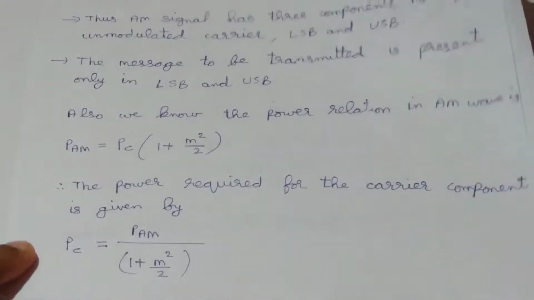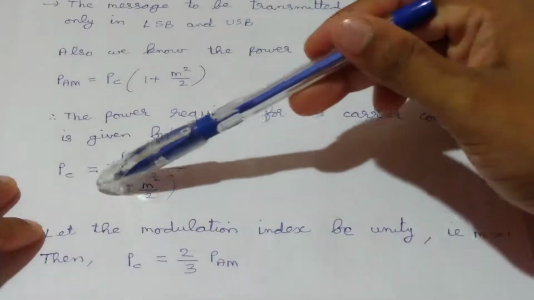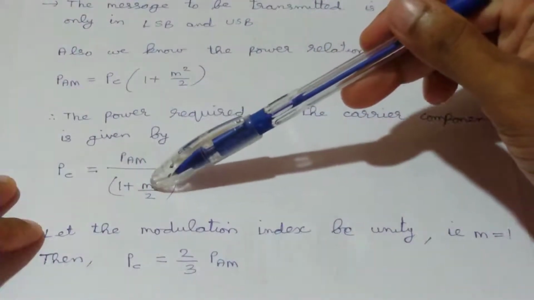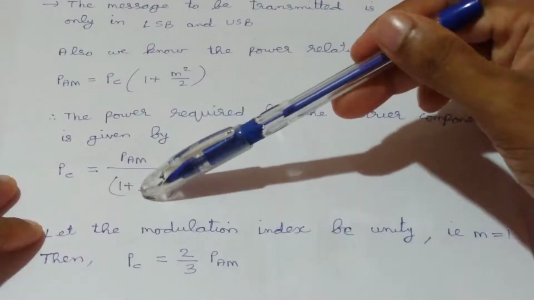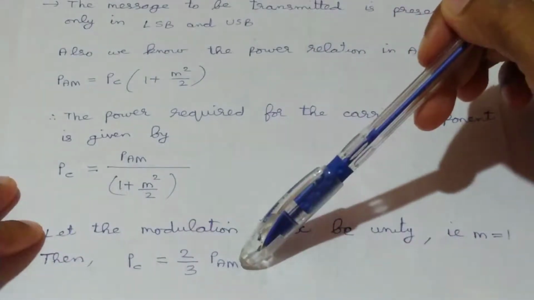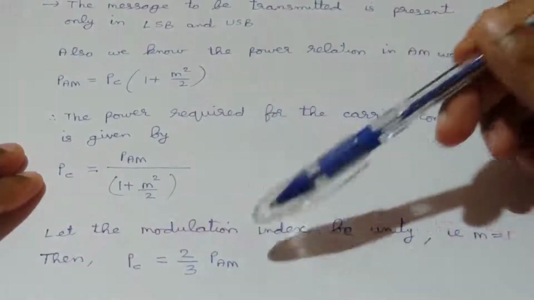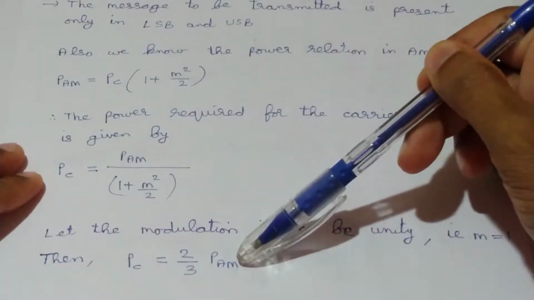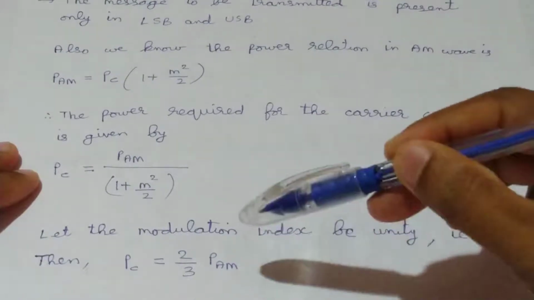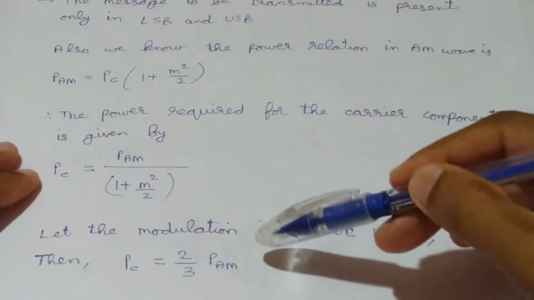Now let the modulation index be unity, that is m = 1. Then this denominator term will be 1 + 1²/2, or 3/2. Okay, and from that we can write Pc = 2/3 × PAM. In this equation, Pc is the power required for the carrier component, and PAM is the total power required for the total amplitude modulated wave, or the power required for our basic amplitude modulated wave. Then from this equation it is clear that 2/3 of the total AM power is utilized for the transmission